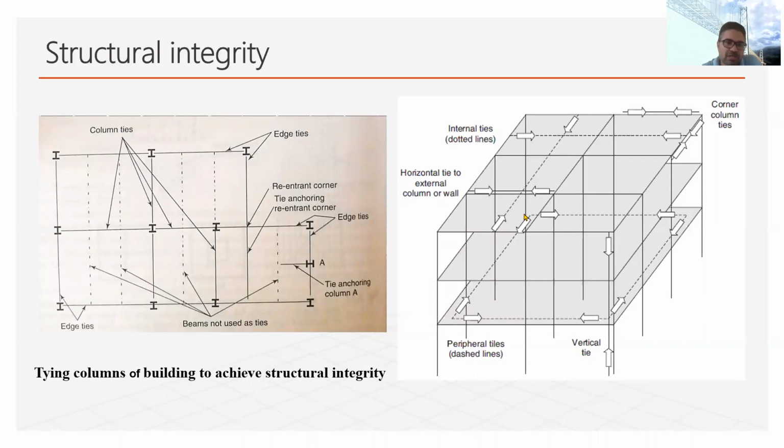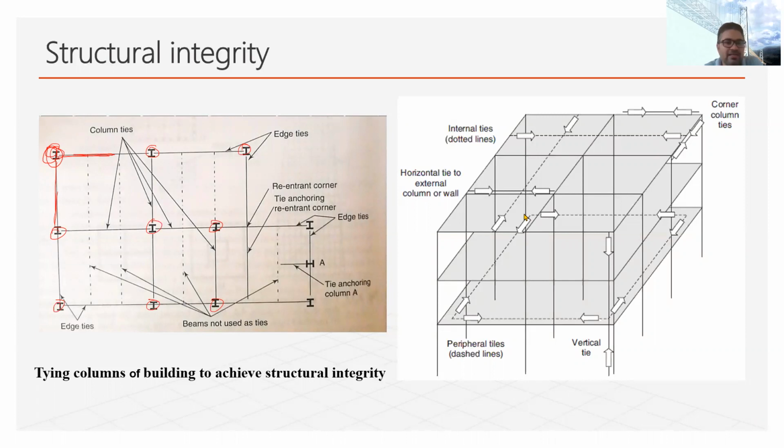90-degree. So there you can see in the plan to ensure the structural integrity. These are the columns. So these columns should be tied at every floor. They should be tied at every floor. So like you can see in this case of column, it is tied with this member and with this member. So these members are basically the beams. So at each floor, they should be tied with the beams and not from the single beam.